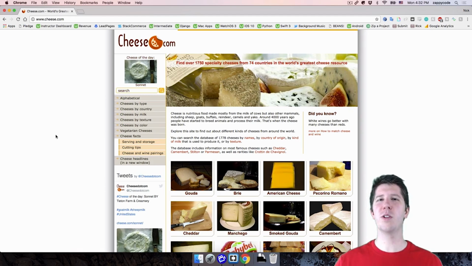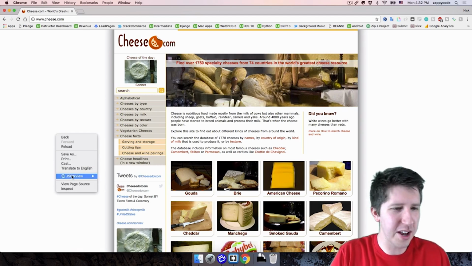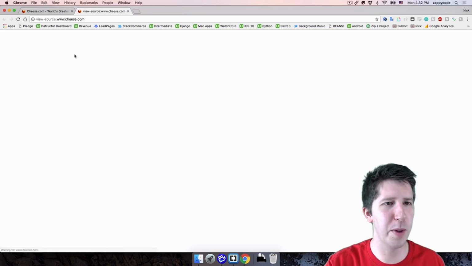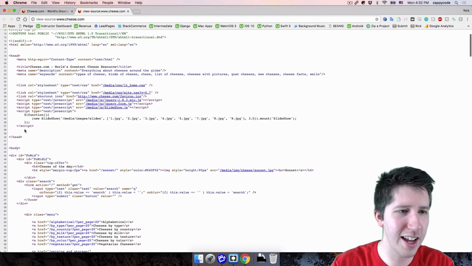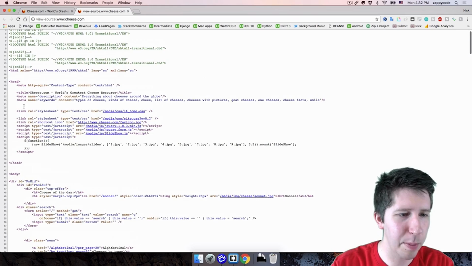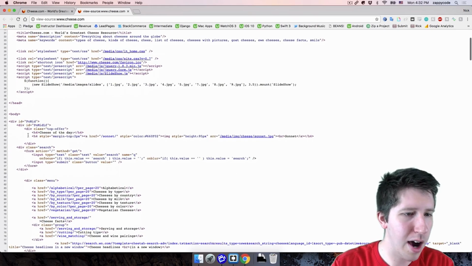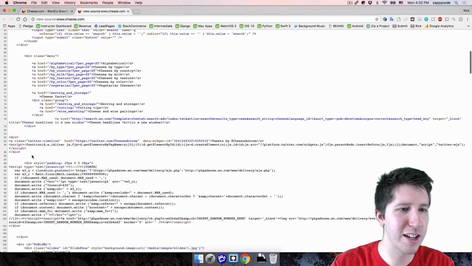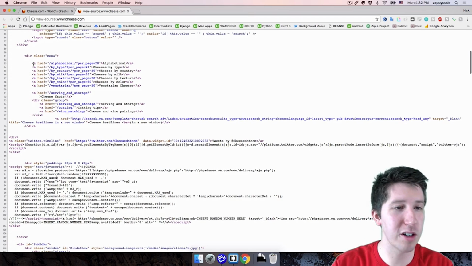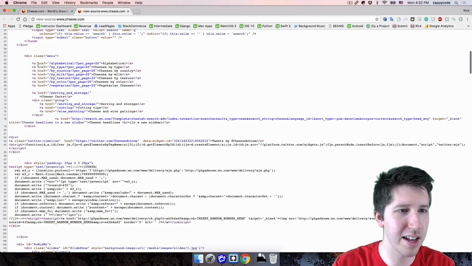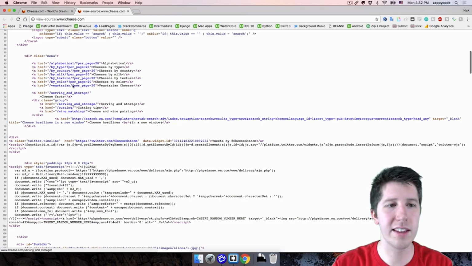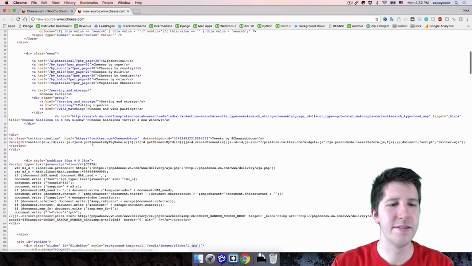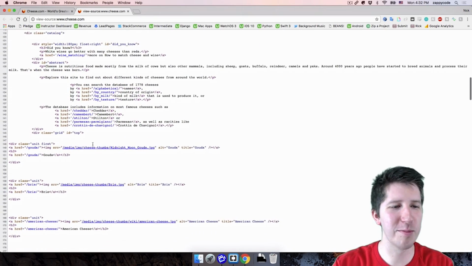And you know what? Just because we've learned how to look at websites, let's go ahead and see what their source looks like. So I'm going to do view page source. And look at this. Man, there's that head tag. They got the HTML up here. There's the body. Man, this is awesome. Look, here's some A tags that we just learned about. So for example, they have an A tag that says the href is /alphabetical/?per_page=20. So that will take them to a certain page. And oh, there's just all sorts of awesome things inside.